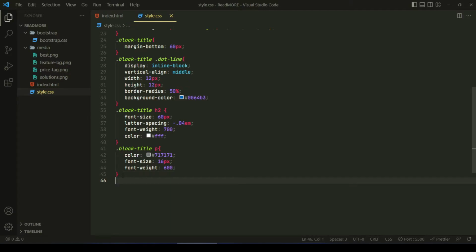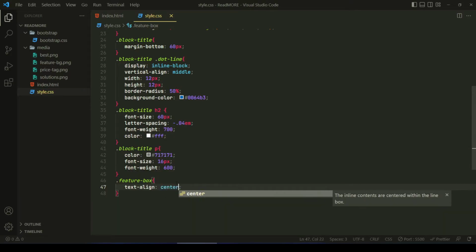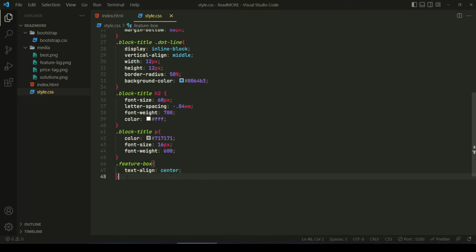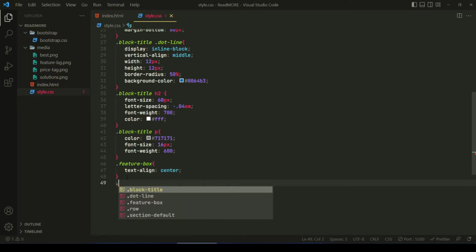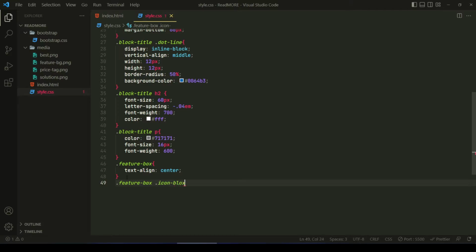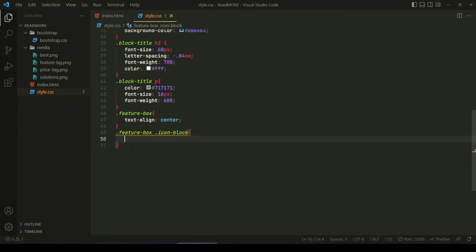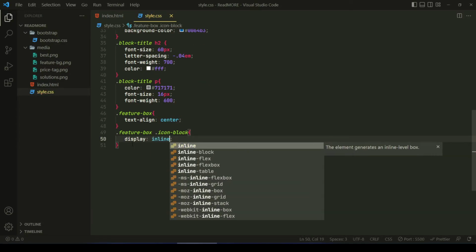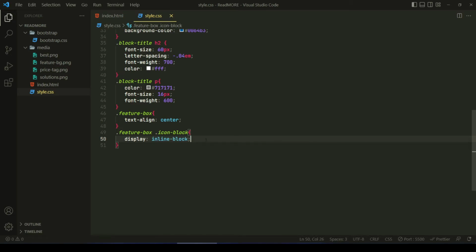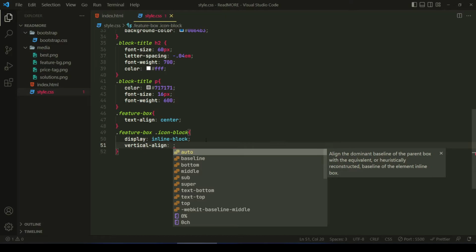Then we will be now taking another div named feature box. In feature box, we'll be giving here text align, it will be center. And then for our icon box, we're writing feature box dot, we're taking the icon class icon block. In this parenthesis, we will be writing here display inline-block. Then vertical align will be middle,